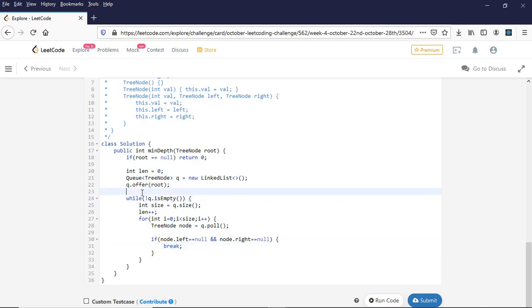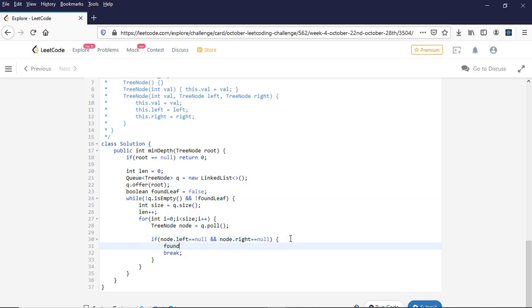So I'll use a boolean variable to track that, foundLeaf equal to false. I'll go over this while loop until foundLeaf is true, and when I find a leaf I will simply mark this as true.